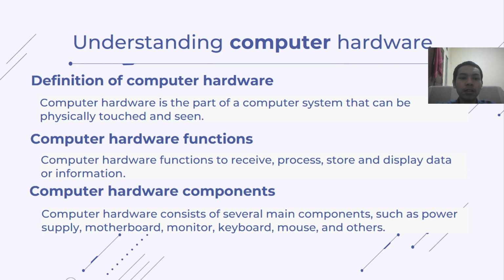A definition of hardware. Computer hardware is the part of a computer system that can be physically touched and seen. This hardware is tasked with carrying out instructions from the software. Computer hardware consists of five types,